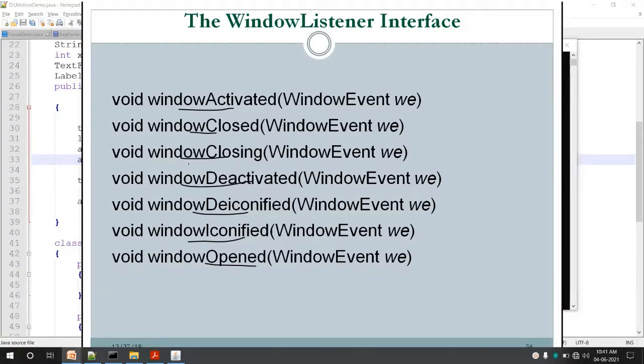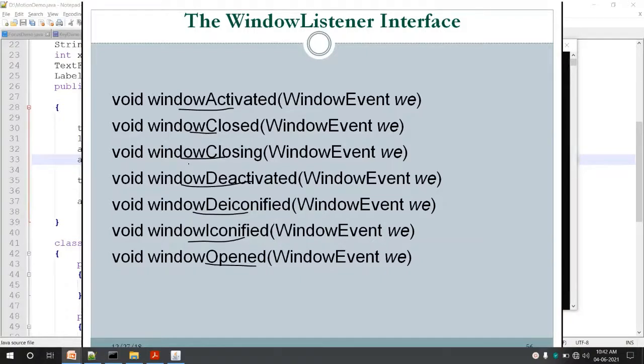Deactivated is the reverse of activated. When a window is selected, it is active. When a window is deselected or moved to some other window, it is deactivated, and in that case windowDeactivated is called. When a window is iconified, that is, when an icon is set for a window, windowIconified is called, whereas windowDeiconified is the reverse.